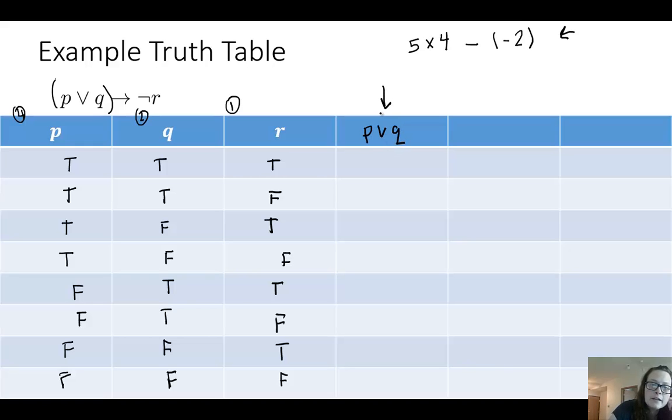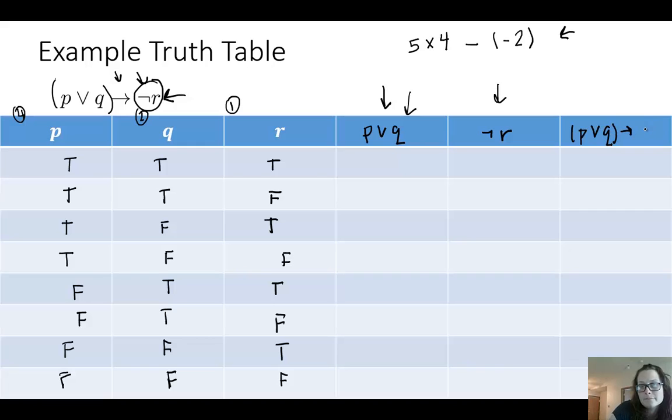So first, I'm going to figure out the truth values of P or Q. Also, notice in my order of precedence, the negation symbol comes before this implication. So I know I need to evaluate the negation of R before I put together the implication. And then my last step, I've got my hypothesis and my conclusion here. Last step is just to combine those